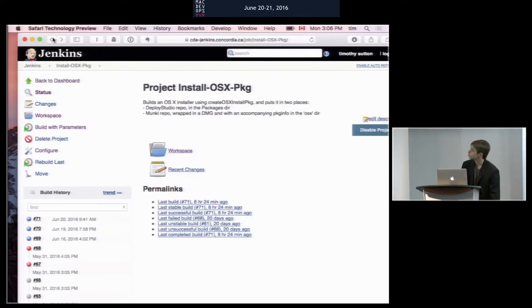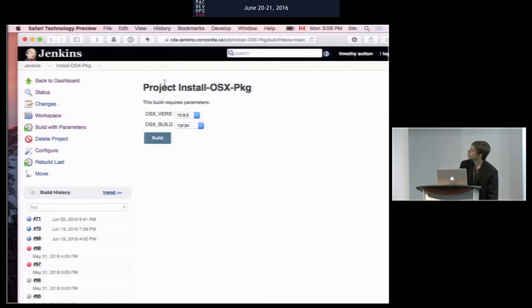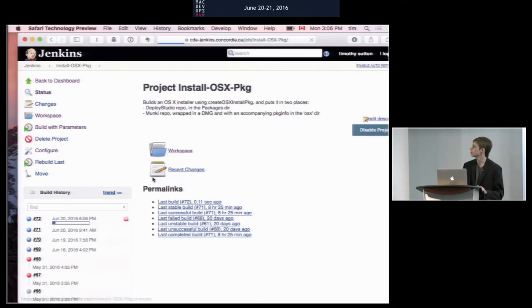If I want to see what it actually looks like to start a build, and I say build with parameters, I've configured this job to have different options available. So if I ever need to make updates to any of the support scripts or packages that are built as part of that image, it's really simple to go back and rebuild an older OS version if I need to. So this is just an example of how it would look when you start a build. And then once the build is running,